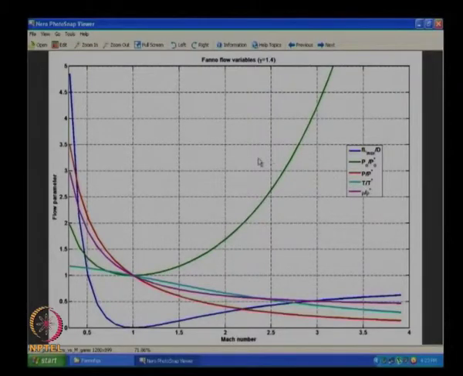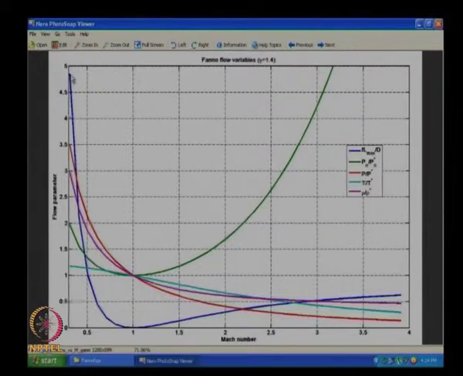If we look at this, I have plotted all the primary variables. I am showing you here several flow parameters as a function of Mach number. The first one, the blue, is your f L max by D. L max is the same as L star as of now. I haven't proved to you that it is L max for now. Just take it as L max for now.